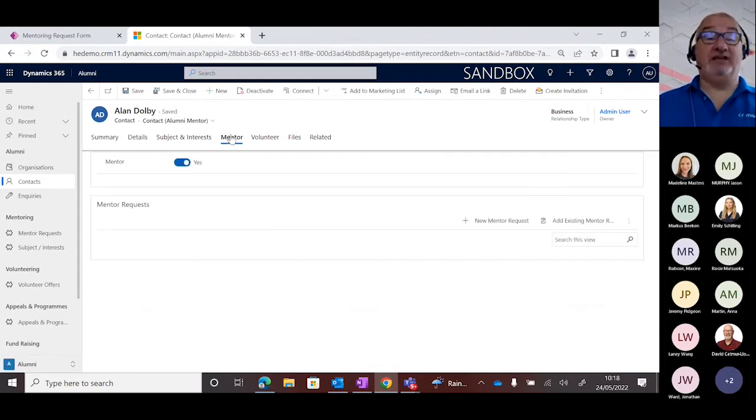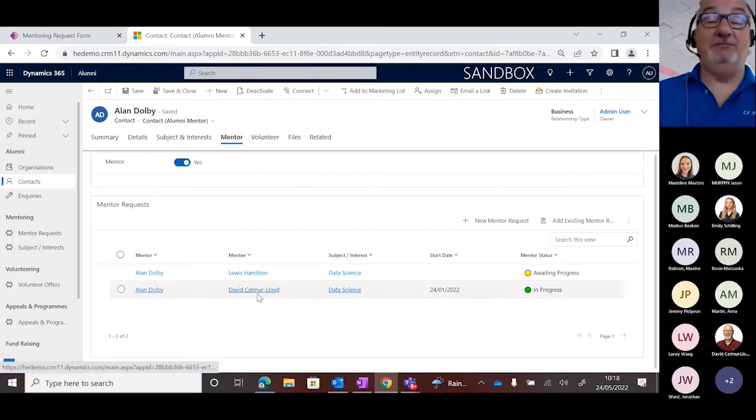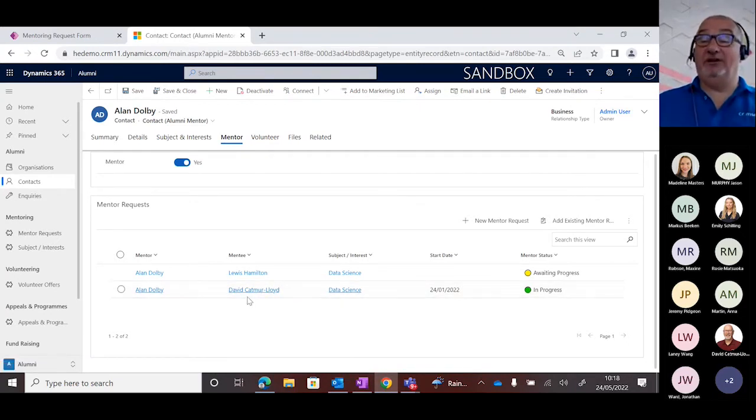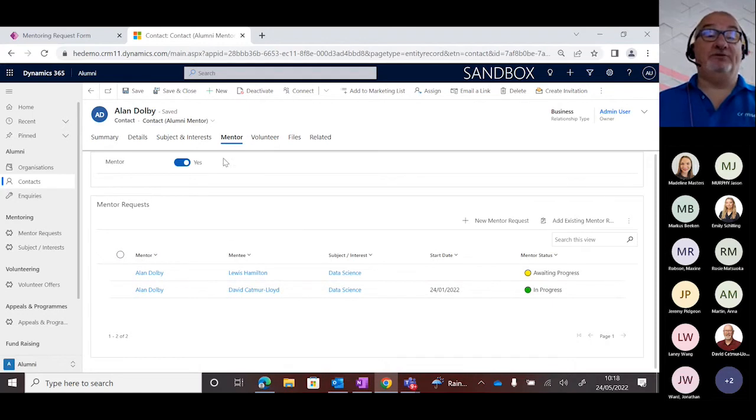In terms of his mentoring, we can see that he's actually mentoring one student at the moment, and that's David. And it looks like we're going to be lining him up to mentor a second student as well. So we've got Lewis in there. So we've got some really clear insight into how we're engaging with Alan as an individual since he's left the